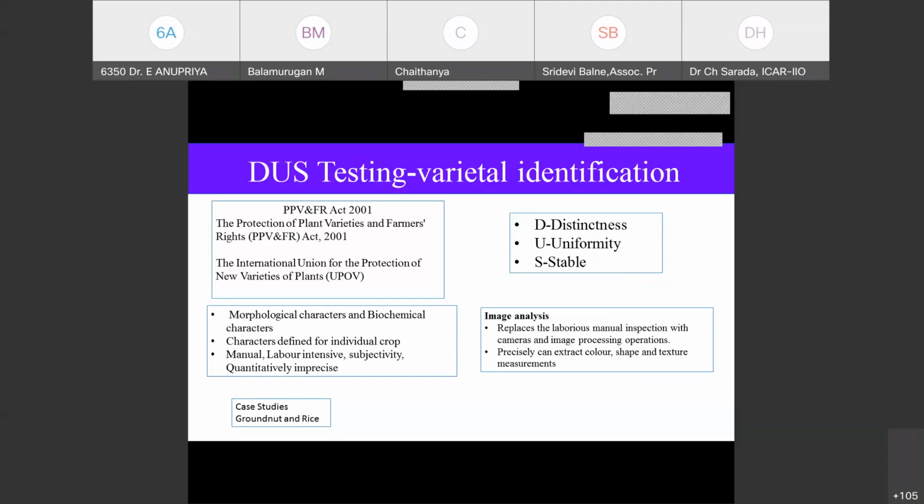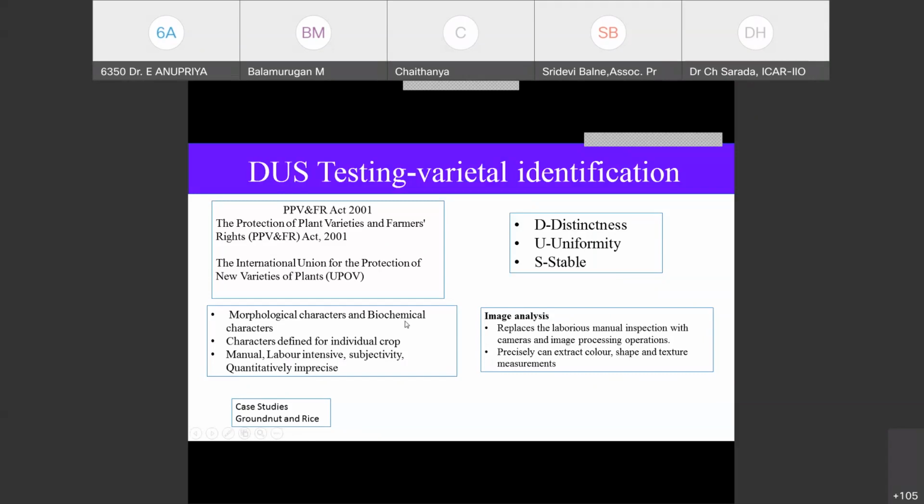It should show the same features. Then only will it enter the register under the PPV and FR Act, and it will be protected even when the variety is extended. For each crop they have defined certain features,